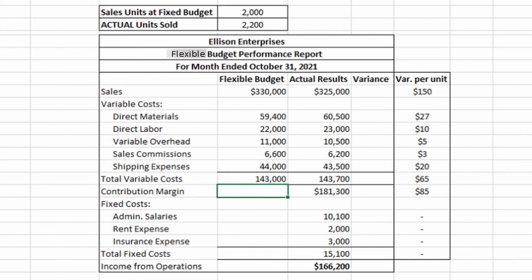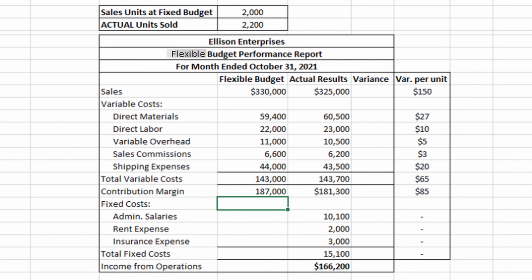We can find the contribution margin by taking the sales of $330,000 and subtracting the total variable cost of $143,000, which gives us $187,000. Now for the fixed costs, remember that they don't vary when volume changes, so the number